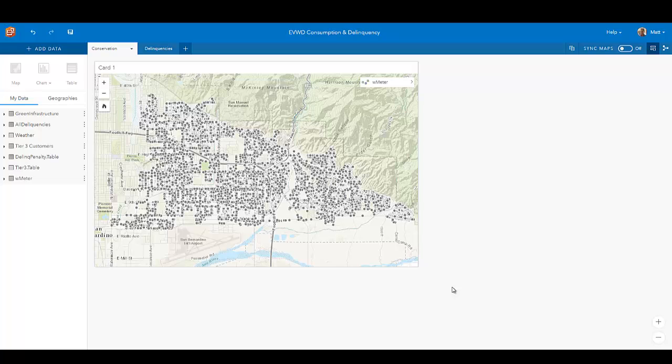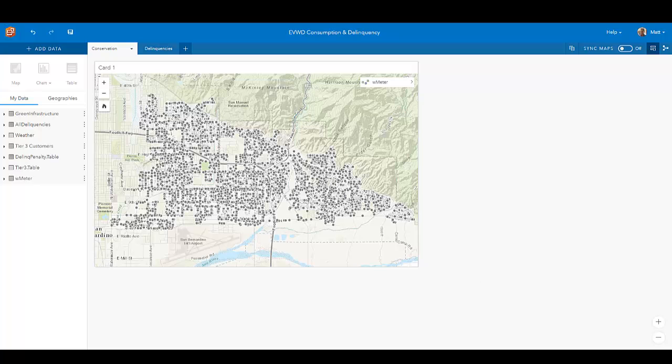Insights for ArcGIS is an ideal tool for discovering patterns and trends hidden within large datasets. In this video example, the East Valley Water District wants to reduce the amount of inefficient water use in their service area. Their plan is to contact the most inefficient customers and educate them about practices they can adopt to conserve water. To achieve this, they first need to discover exactly who those customers are within the massive amounts of